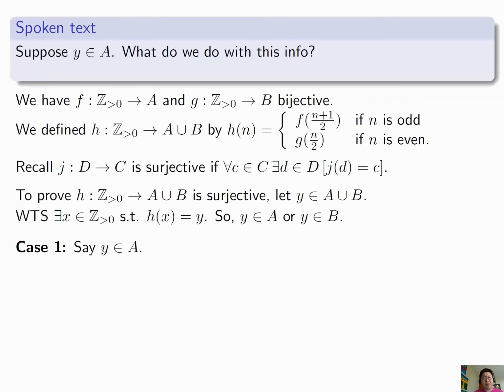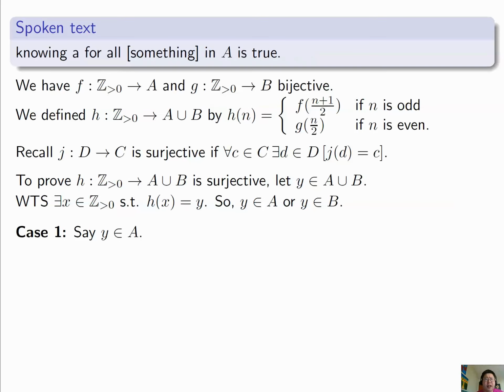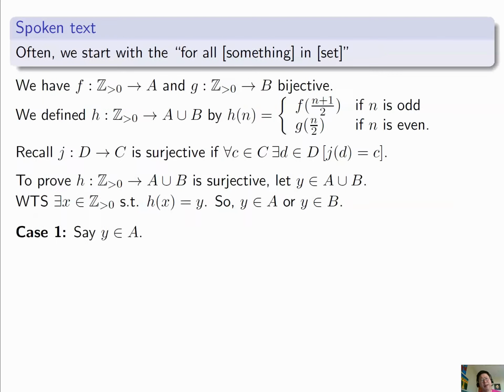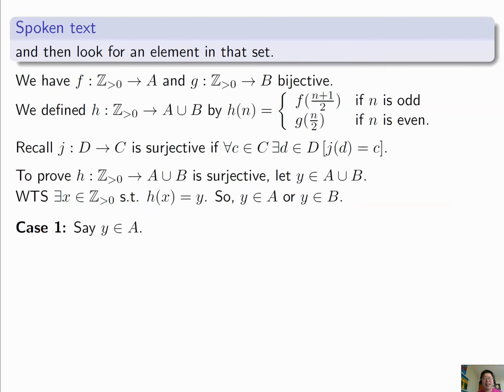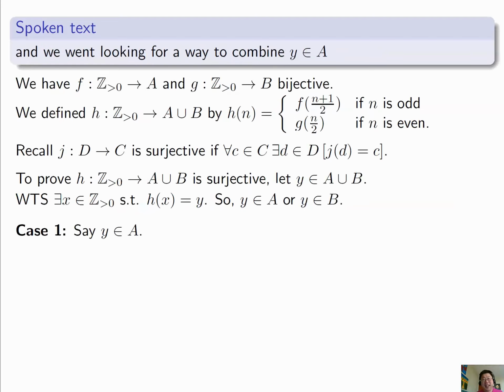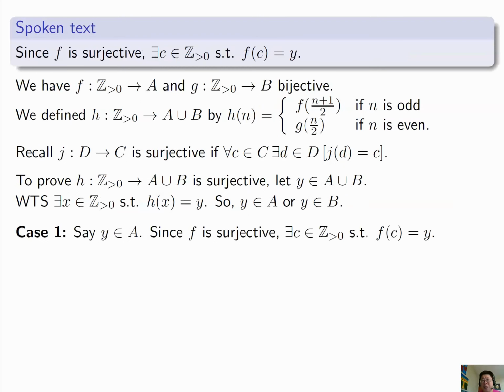What do we do with this information? We know f is surjective, and that translates to knowing a for all something in A statement is true. So we should use this for all something in A statement. Often we start with the for all something in set and then look for an element in that set. Here we started with an element in the set A, and we went looking for a way to combine y and A with something else, so it made sense to try to use for all something in A, which we know to be true. Since f is surjective, there